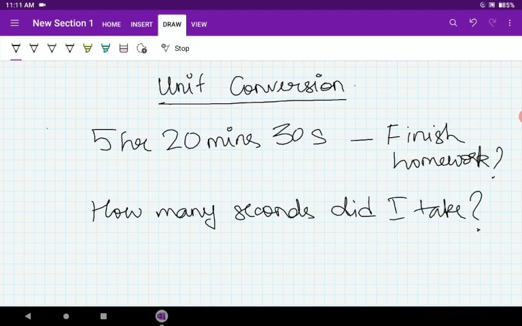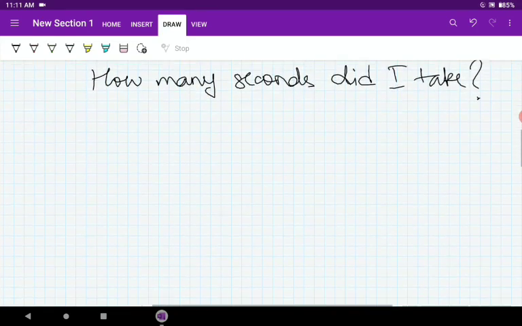Now, in order to solve this, you have to know how to convert hours, minutes and seconds into seconds. So we will finish this question afterwards, or you can try for yourself when we understand how we convert